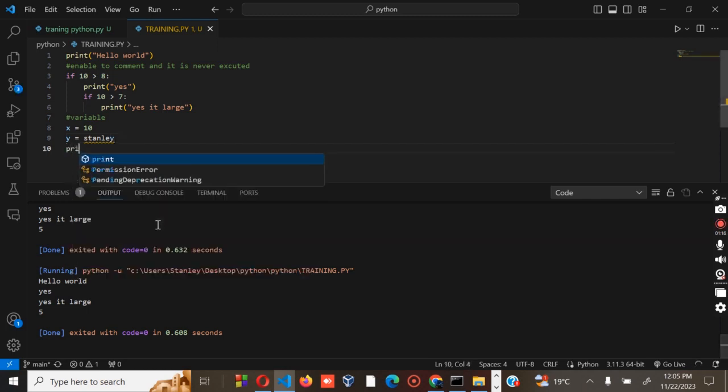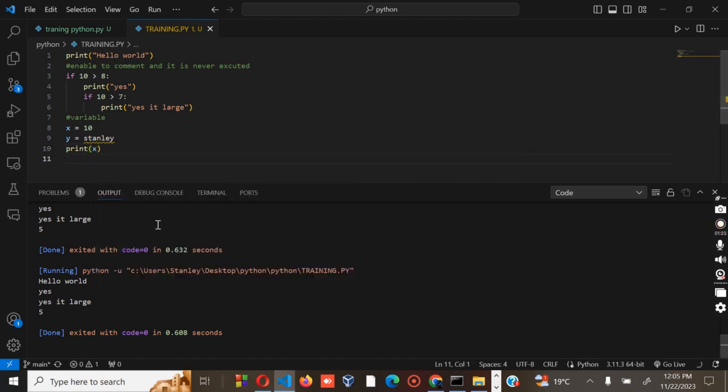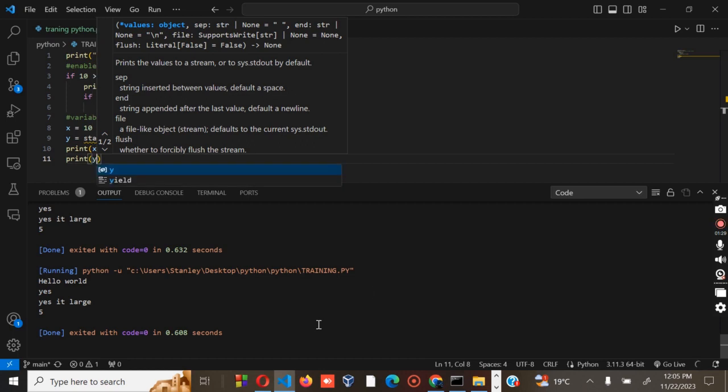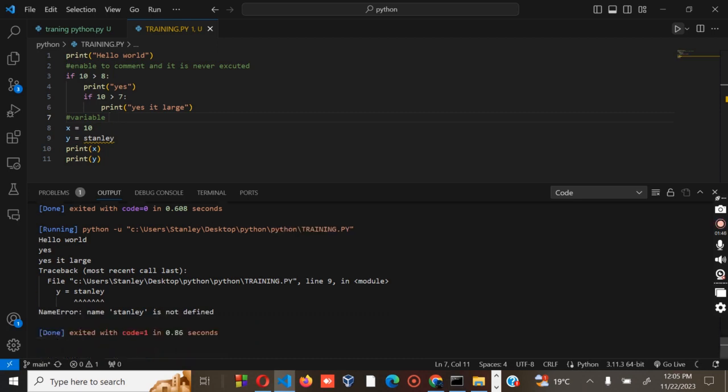Therefore, you print x and you print y. Okay, let's see what we'll have. So what we have done is created the containers for storing our variables. Okay, let's try to run our code.